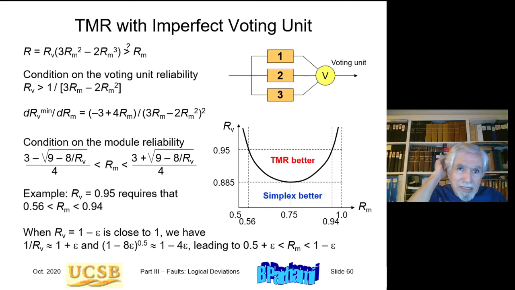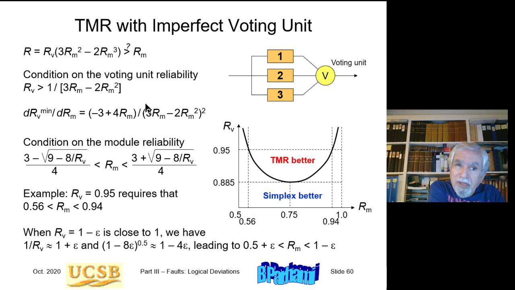Now let's look at TMR with imperfect voting. In the previous discussion, we assumed perfect voting. Now we say that the voter is imperfect, therefore it has reliability RV. So this is 2 out of 3 for the modules, times the reliability of the voter. And we are interested in finding out under what condition this overall reliability, RV times 2 out of 3, is greater than reliability of a single module. Okay, if you do the math,